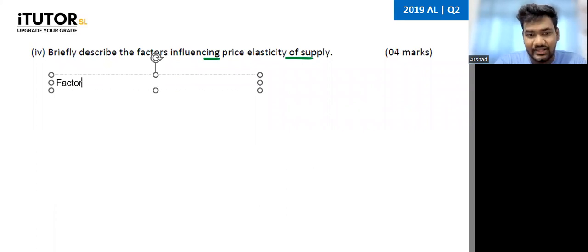Okay, so we'll start with factor mobility. So now how do you explain this? I'm not going to type the answer, guys, word by word. What is factor mobility? Factor mobility is how easily you can transfer your factors of production from one good to